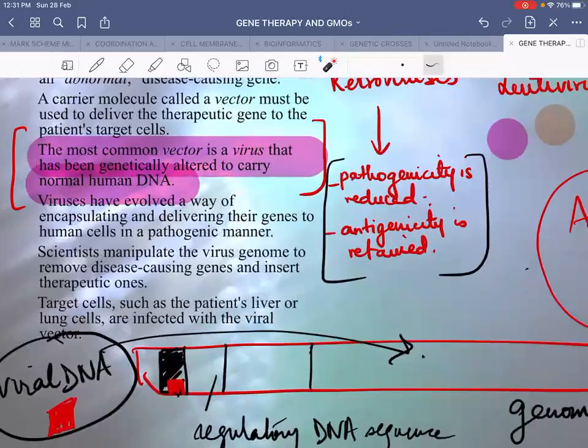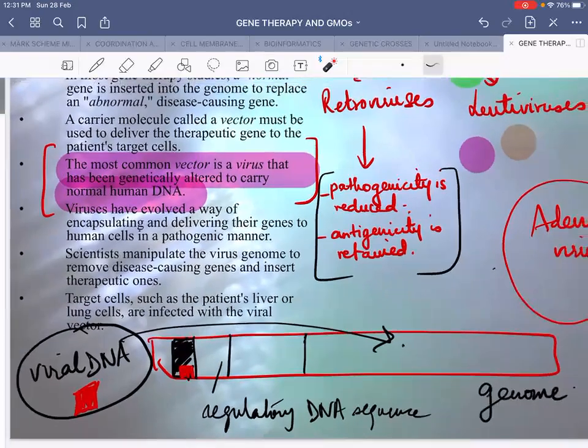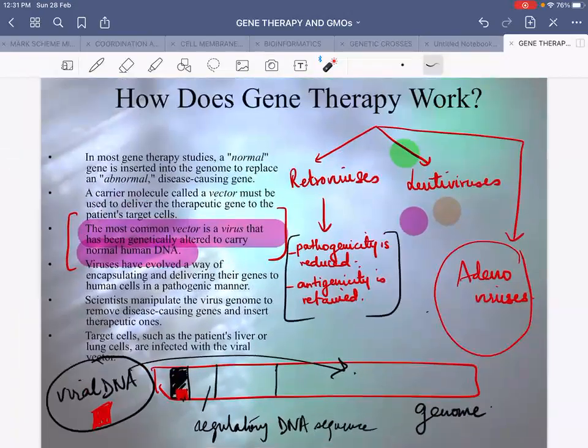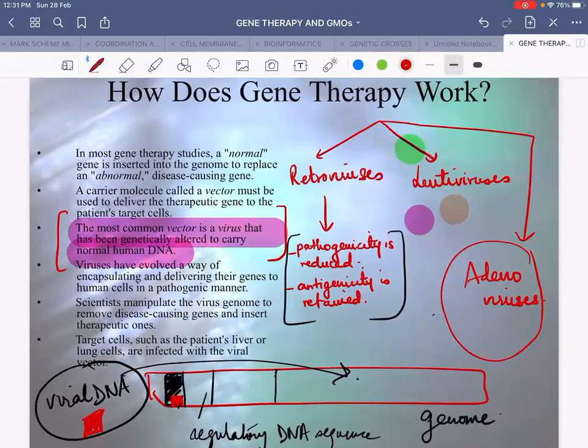So a carrier molecule, which is a vector or a vehicle, must be used to deliver this gene or this allele. In fact, I think I have taken this slide from Google. So I think I should remove this word gene from here so that there is no confusion. Let's remove this replacement thing. Okay, you are just inserting a normal allele. This should be the correct answer. Okay, and then over here also